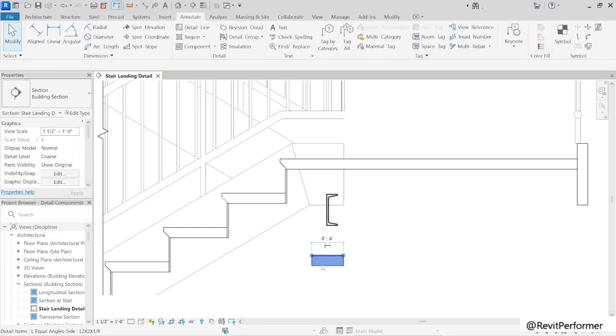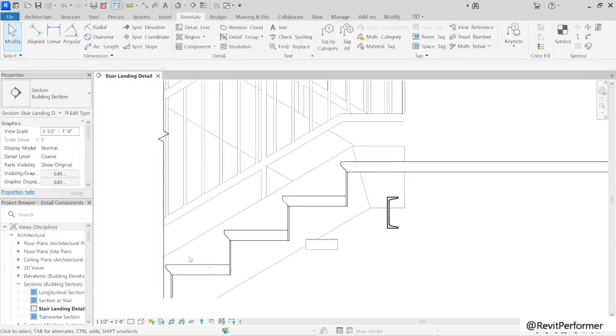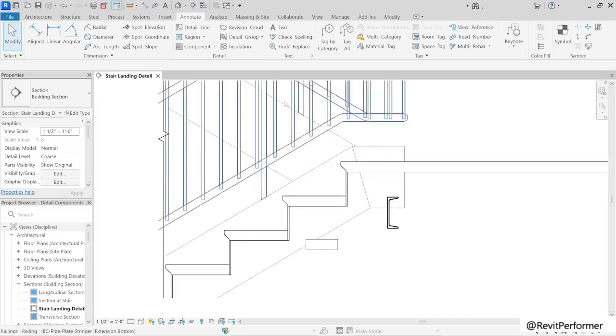Now, I'm going to take this and just move it a little bit like so. What I want you to see about all these components is they're similar to the break mark. They all have a mask behind them that starts to cover up the model geometry in the distance. And that's really one of the built-in features of detail components. You're embellishing your model with these two-dimensional components which show more detail. So naturally you want them to cover up the model so that you don't see that model geometry coming through. We're going to leave these randomly placed for now and adjust their positions in a future video. So for now, just having them placed in at the correct size is all we need.